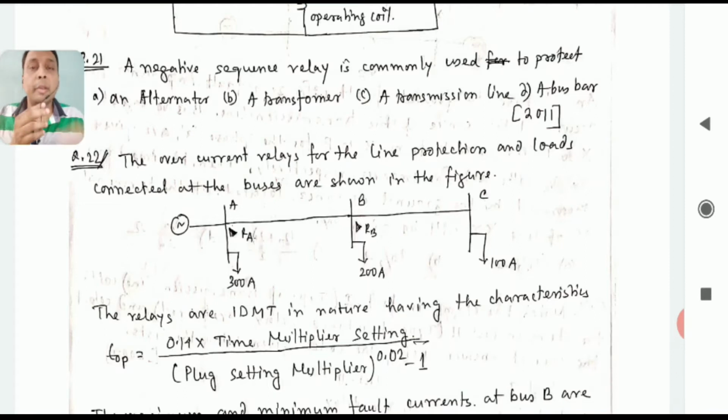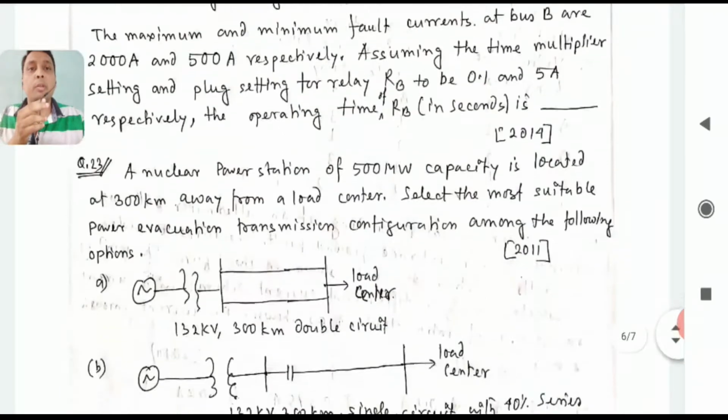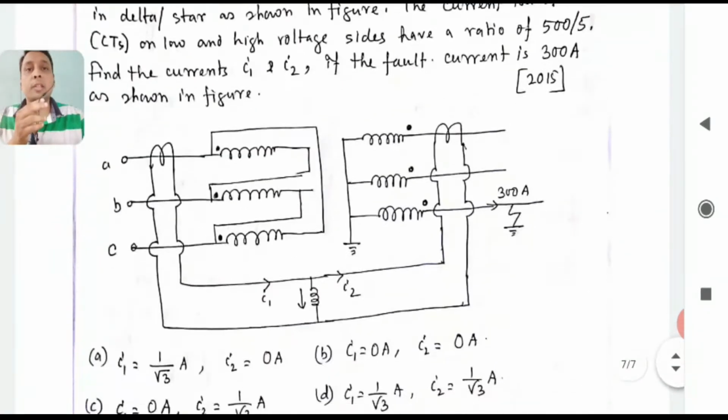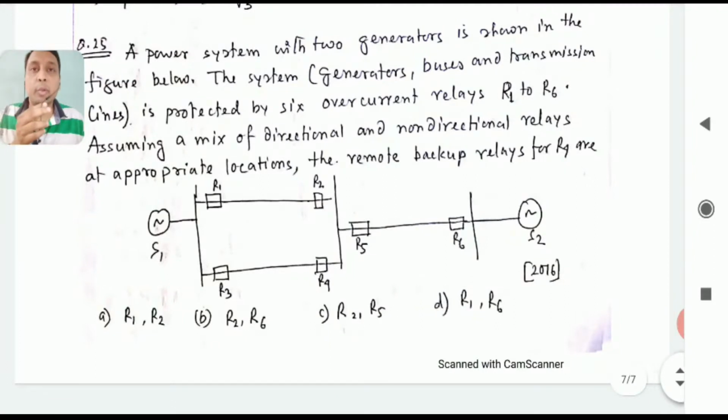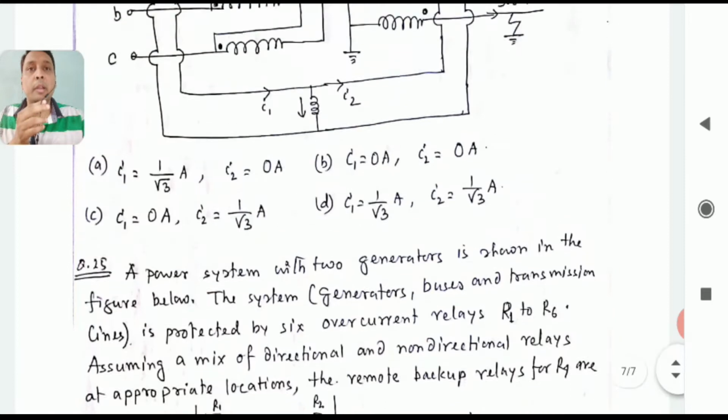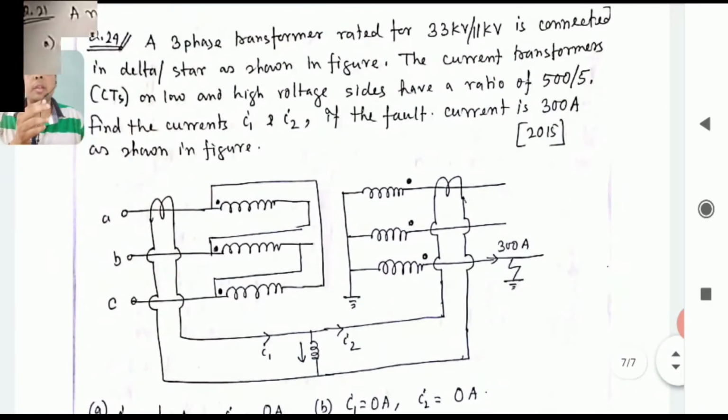Okay students, welcome to lecture 5 of this GATE protection series. Today I have taken 5 questions: question number 21, 22, 23, 24 and lastly 20. As of now that's all I have in protection, so I will stop protection here. If I get new questions, I will add them as an extra lecture. Okay, then let's try to solve it.